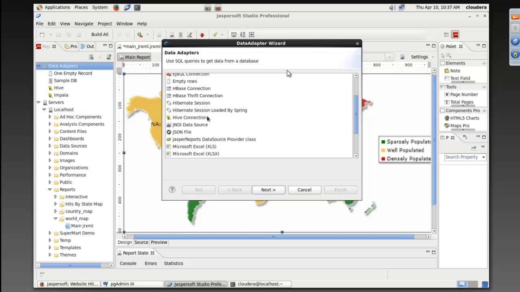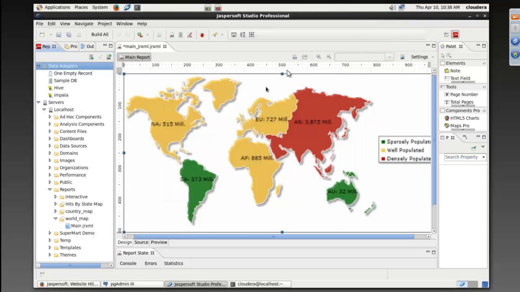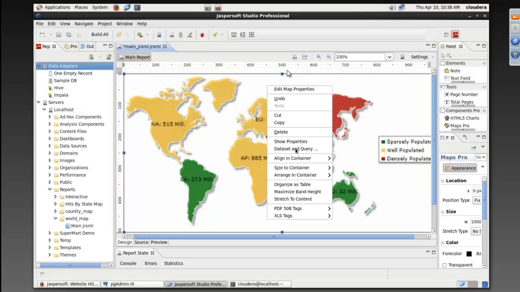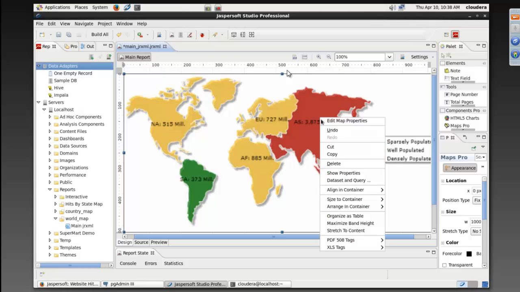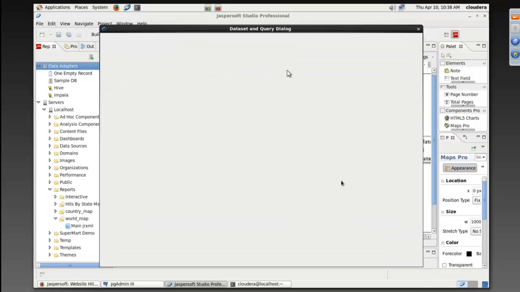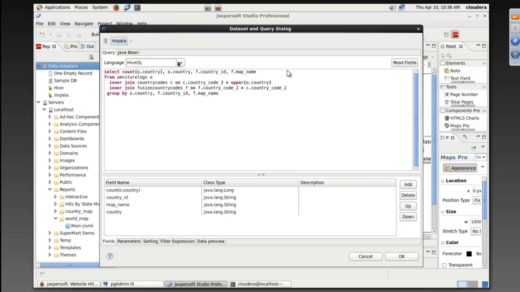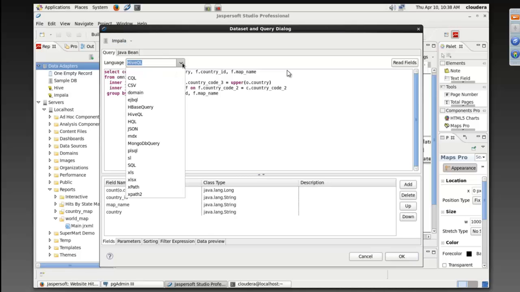Data set query. Based on your connection, you can choose the relevant query language, whether it's HiveQL, CQL for Cassandra, SQL for relational sources, PL/SQL, or Impala QL. What I want to show you quickly right now is how, when I run it against Impala,